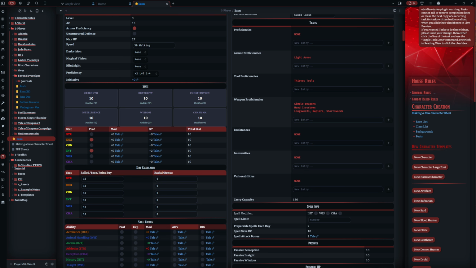Then you have the actual stats. Now, it used to be that you had to go into your source mode to do this. That is no longer the case. So when you are building your character sheets, you just get to put the numbers in. So you might start with getting a racial bonus, and you can put it over here and add your rolled or your point buy or whatever it is that you calculated your points with on the left, and it will combine it up here